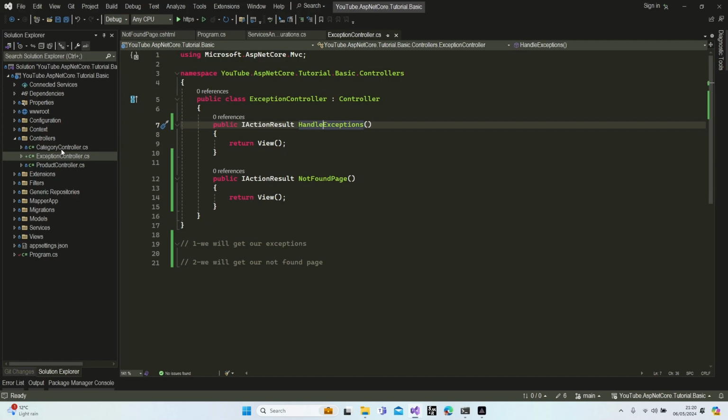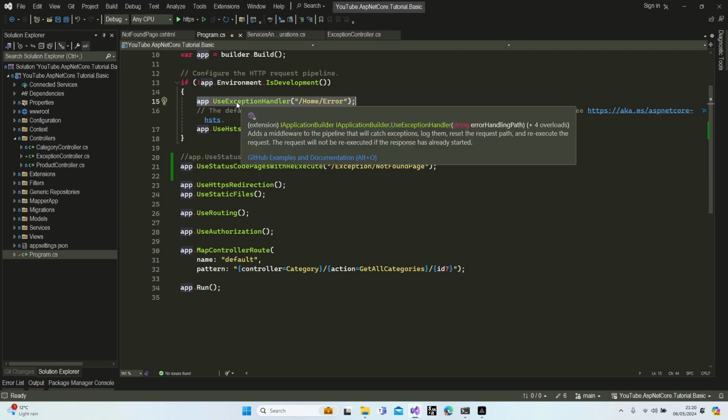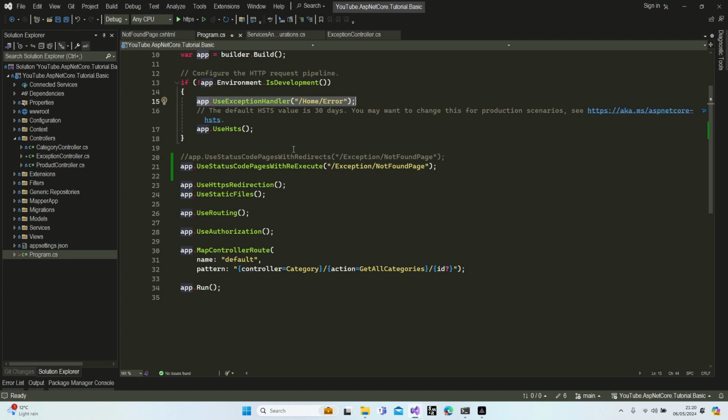Perfect. Let's get back to our Program.cs file. This is our exception handling method. It is now deactivated because we are in development mode. So I'm going to take it to the outside. All right. And I'm going to give my path exception